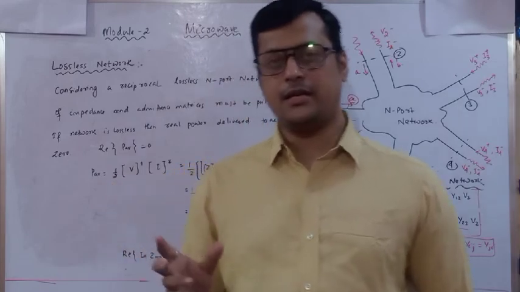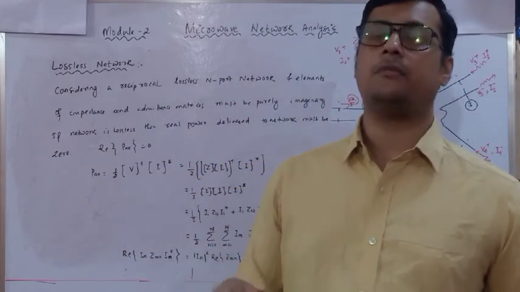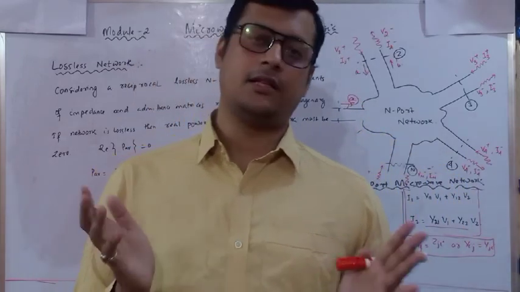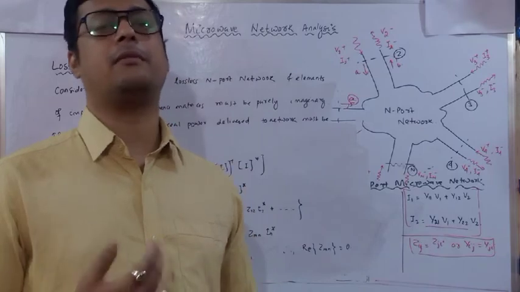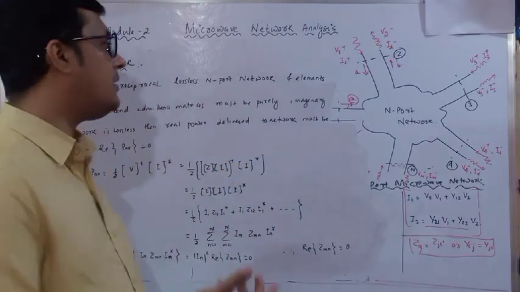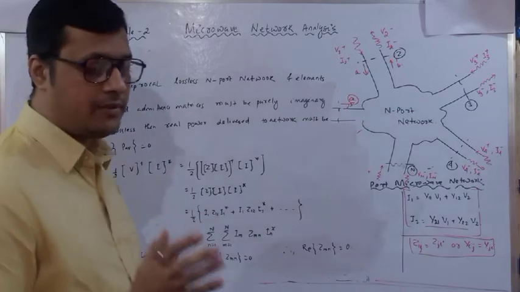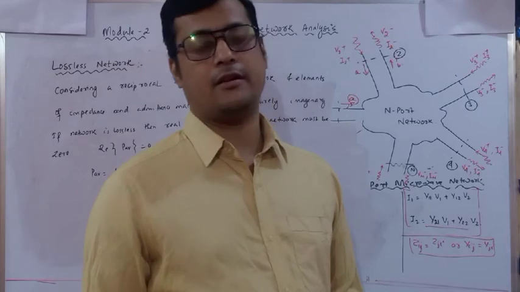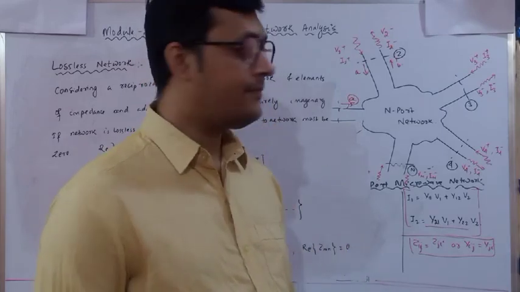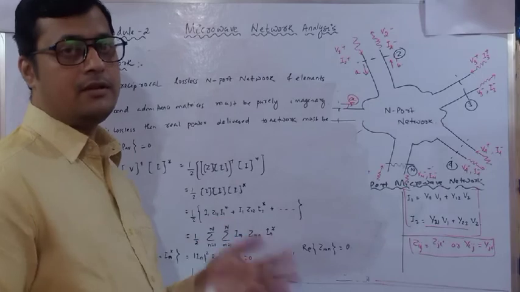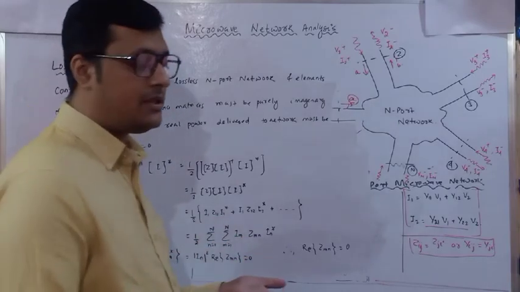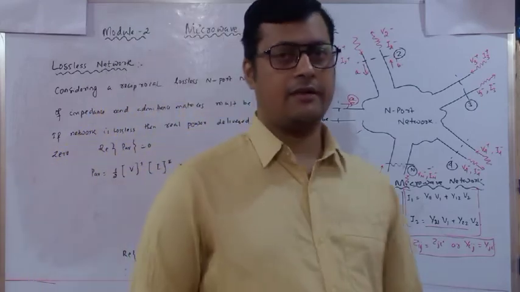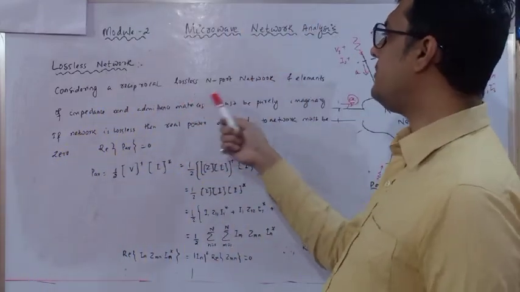But how will we represent it in terms of impedance, or in terms of admittance? Because when we are discussing the network, the first thing that comes into the picture is what sort of parameters there are. Network parameters are discussed with respect to the Z parameter, Y parameter, ABCD parameter. Other parameters are also there, transmission parameters, hybrid parameters. And there is a relationship between Z and Y, Z and ABCD, ABCD with Y, and other parameters are also there. So for simplicity, I have written, considering a reciprocal lossless network.